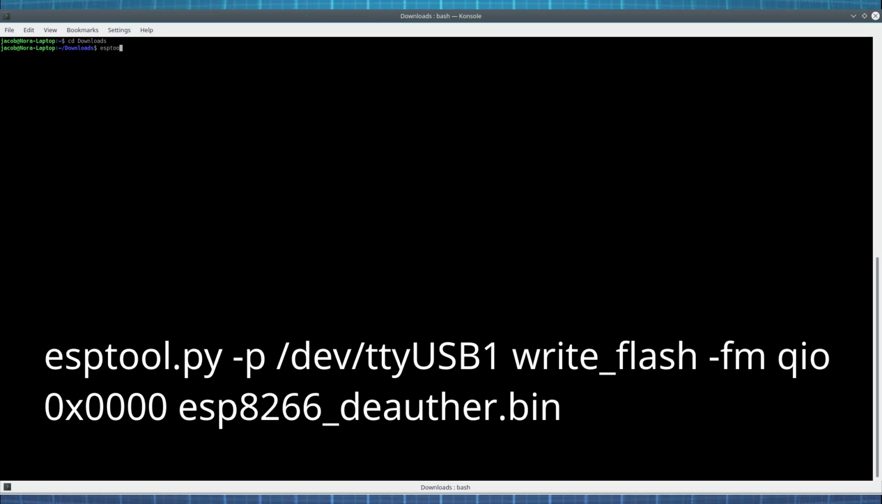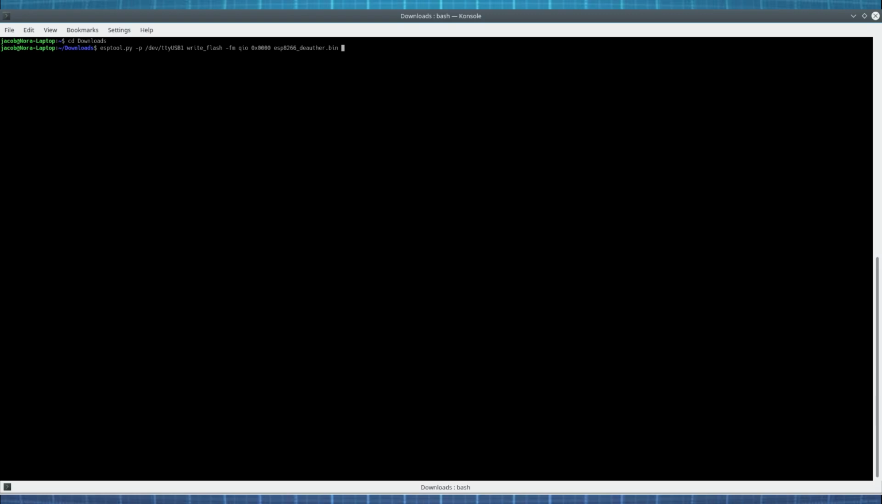It's esptool.py -p, that's /dev/ttyUSB0, or wherever the port is, write_flash -fm qio 0x0000 ESP8266_Deauther.bin. The -p flag specifies port, write_flash is the mode, -fm is flash mode, in which case